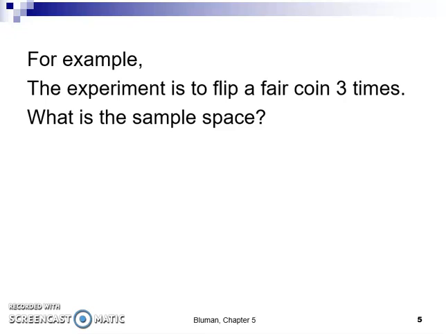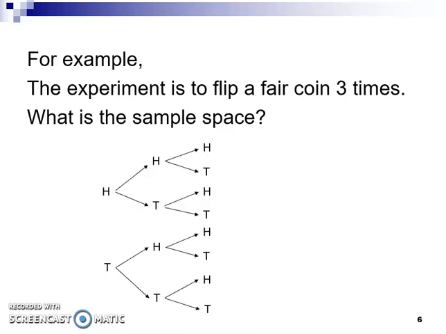Now remember how we determined this. To flip this coin 3 times to get the sample space, you have to consider all the possibilities. So there's things like heads, heads, heads, heads, heads, tails. Well, to make sure you don't leave anything out, it's probably best to create a tree diagram. So in this tree diagram here, following along the branches,